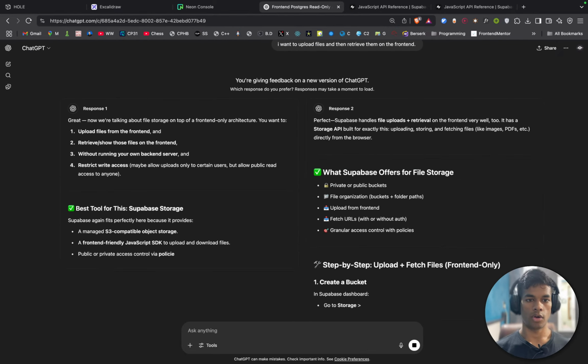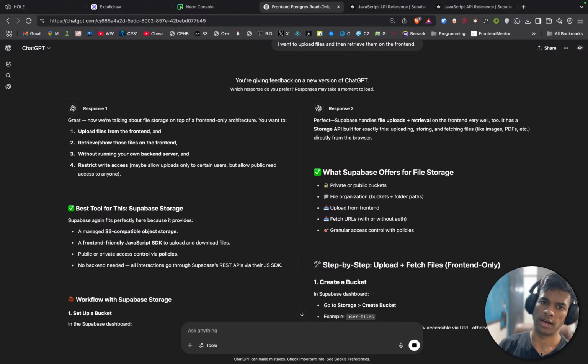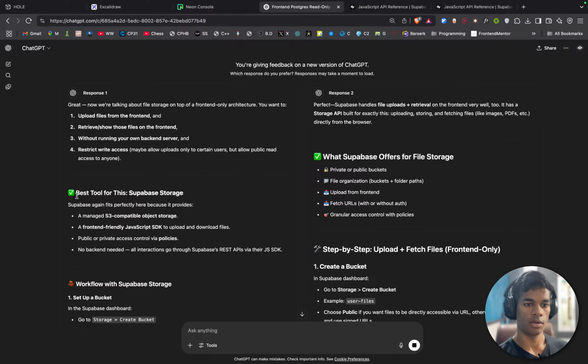Now you are talking about file storage on top of a front end only architecture. You want to upload files from the front end and show them on the front end, without running your own backend server. Supabase again fits perfectly here because it provides a managed S3 compatible object storage.